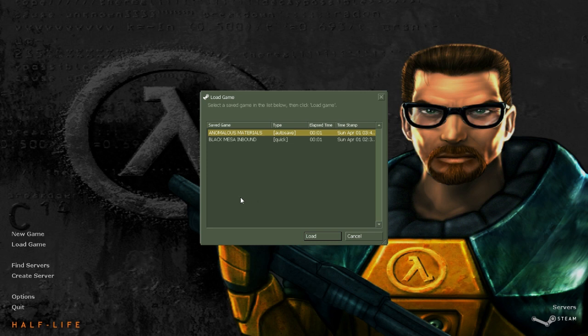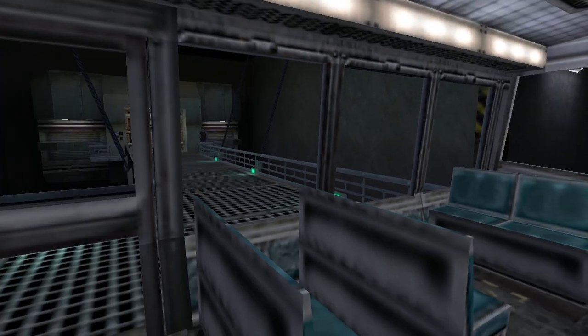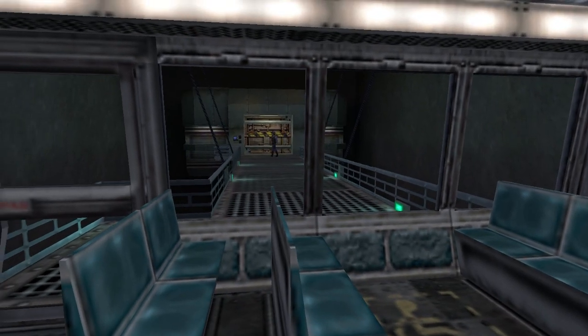I'm William, and this is a Let's Play of Half-Life brought to you by Podcast 17, and we're going to continue where we left off, and that was at the end of Black Mesa Inbound, which is actually the name of the opening sequence. It's not titled, because you get the Half-Life title at the beginning, but it's called Black Mesa Inbound. And in this Let's Play, we're going to be playing through Anomalous Materials, which is the